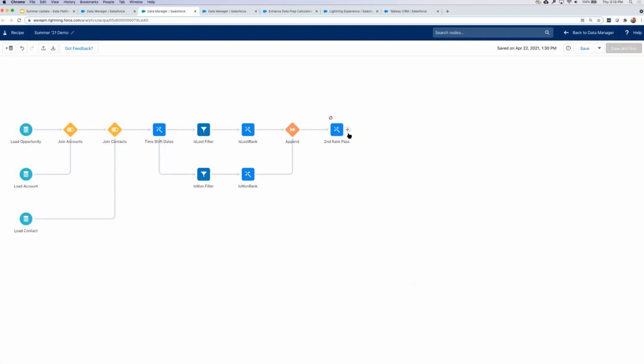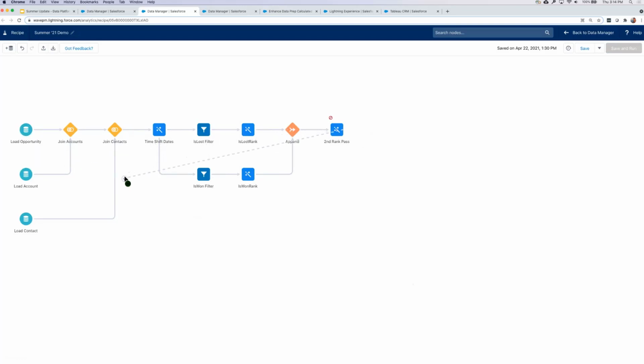We've also focused on graph enhancements, and I think this is where some of the data flow folks like you, Pete, are hopefully going to be happy about. We had a limitation when it came to graph interactions in the past. So notice how I can actually drag the plus. In the past, we weren't able to drag the plus to elsewhere, for example, back to my opportunity load